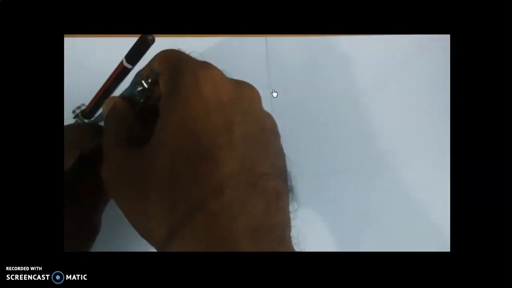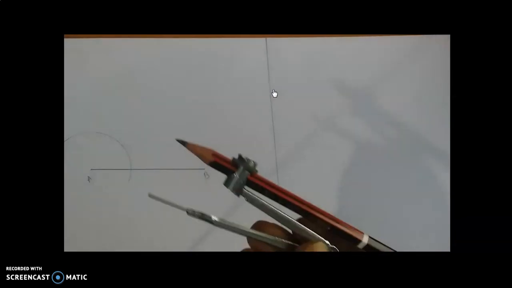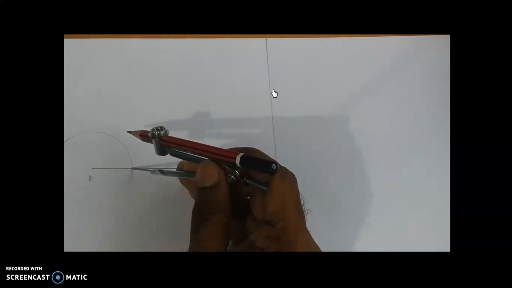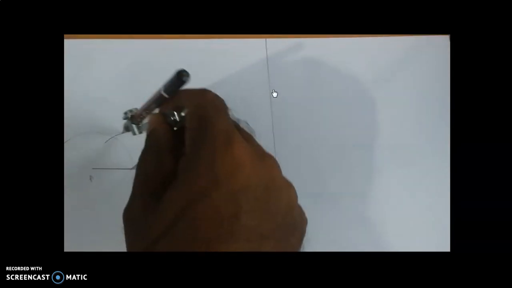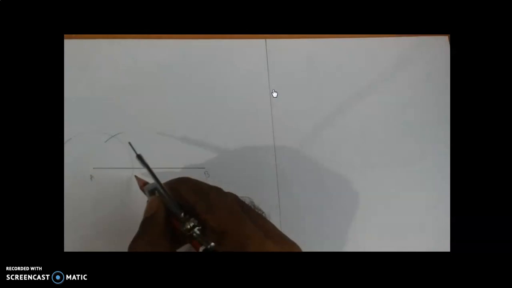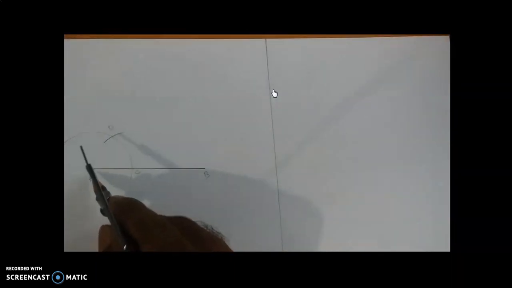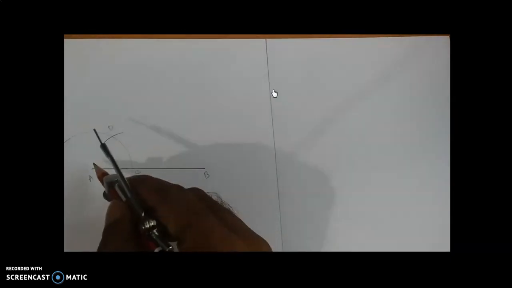So first take your compass, make A the center and draw one arc. You can take any measurement in your compass; there is no specific measurement here. And without changing anything, make this intersection point the center and draw one more arc. Let us take this intersection point as C and this one as D. Suppose we connect AD and DC, definitely it is an equilateral triangle, because the distances from here to here, here to here and here to here are all the same. Therefore, ABC is an equilateral triangle.